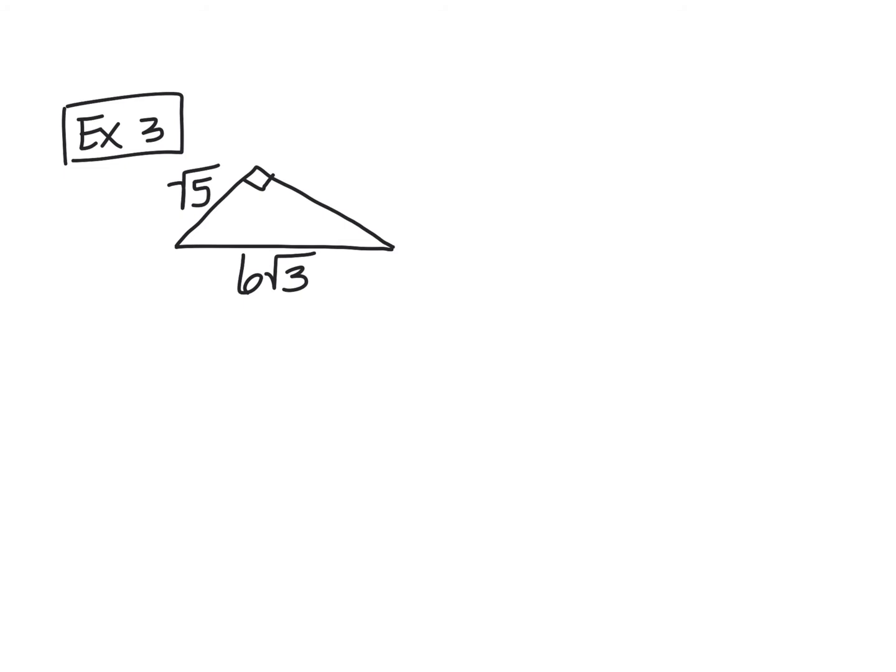All right, so on this last one, this looks a little bit more confusing to you. I mean, not hopefully, but it should. We are still going to start in the same place. We're going to identify the hypotenuse, which is this value down here. So this is my c. I don't know one of my other sides, so I can call it a or b. It doesn't matter. So I'm going to have the square root of 5 squared, I'm going to write that with parentheses, plus b squared, because I don't know what this leg is, right? Equals